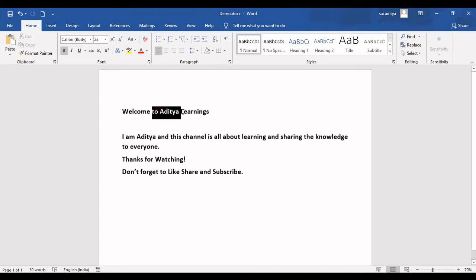Here we can see it is welcome to Aditya Learnings, and I am Aditya. And if we replace Aditya with some other word, then it will replace perfectly because it is Aditya and it is Aditya. But the issue here is if it is a combined word, Aditya Learnings, and if you are replacing Aditya, then it will replace here and here as well. It will replace this particular word with that replace value, but we don't need to replace that value here because it is another word and this is another word we are replacing.